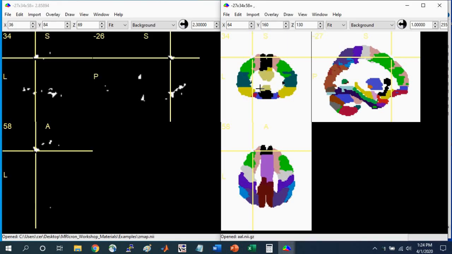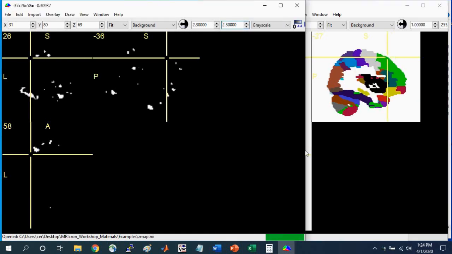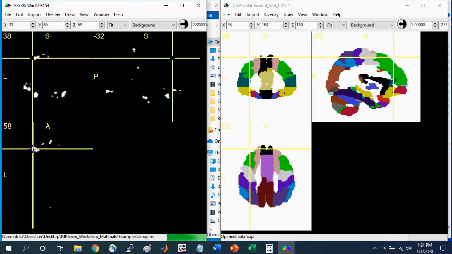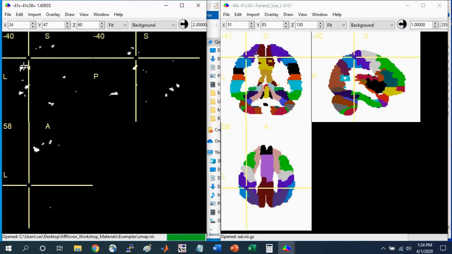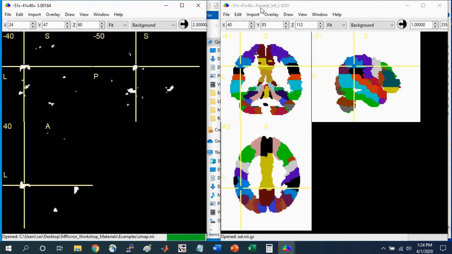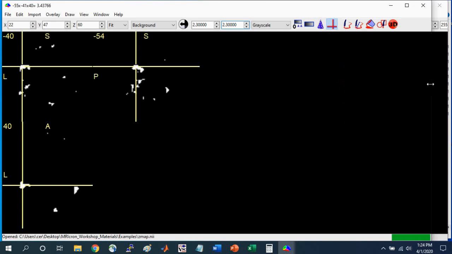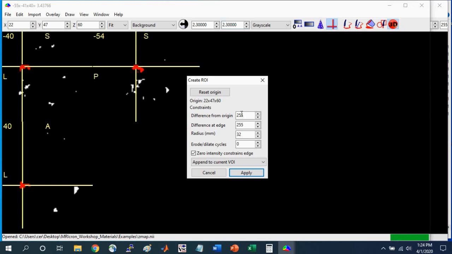So I already have this anatomical atlas open, the AAL atlas, and so that will help us determine where we are in the brain. And so I'm going to select this left inferior parietal lobule cluster, and I'm going to create a region as I did before using the 3D bubble tool. Select it. It still has the maximum values for these difference parameters set, and the radius is larger than the extent of this cluster. And so I'm going to click Apply,